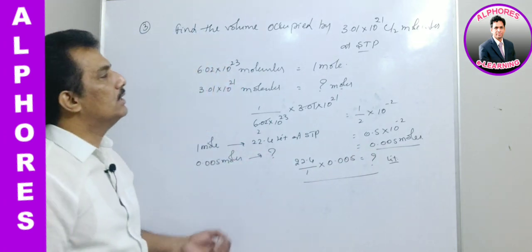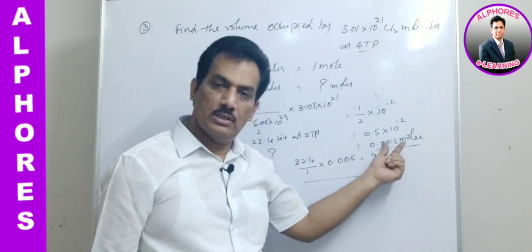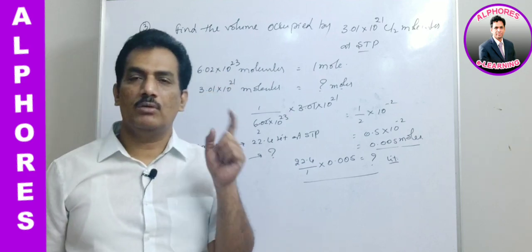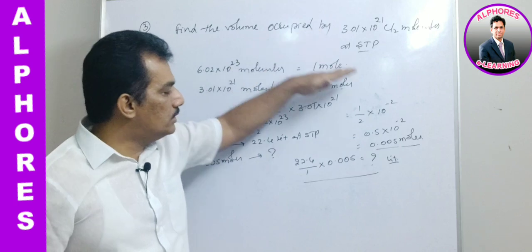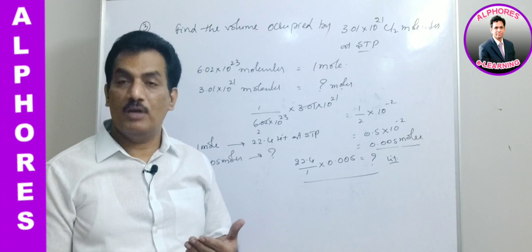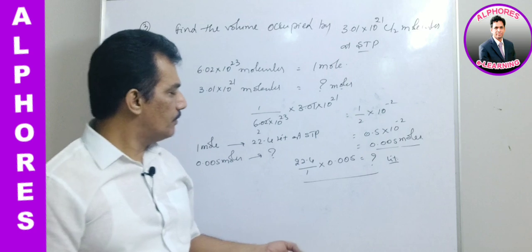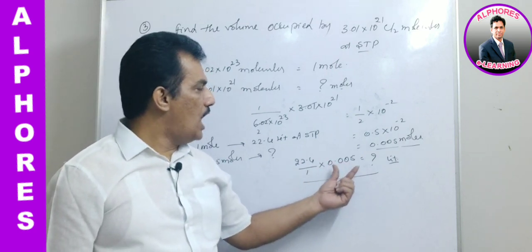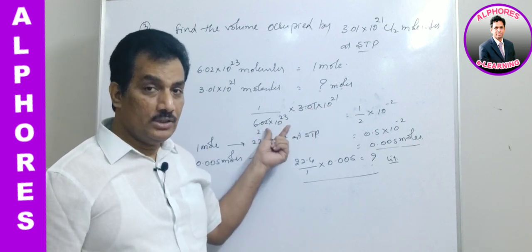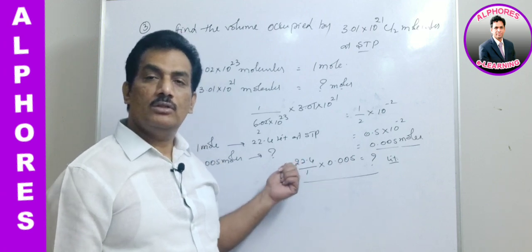Just here the concept is, when they are giving the number of molecules, you have to convert them into moles with this relation, as we already know that Avogadro number of molecules is equal to 1 mole. And now here in these number of steps we are using, instead of that, is there any direct formula for the competitive exam mode to calculate? This is nothing but the number of moles. How we are getting the number of moles? Just number of molecules by Avogadro number. Is it not? So instead of this we can write number of molecules by Avogadro number into 22.4.